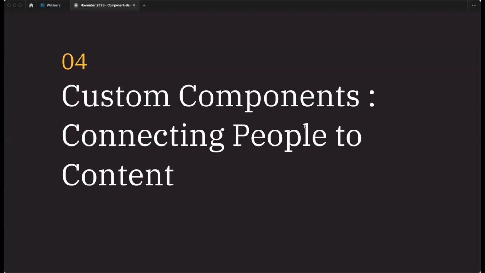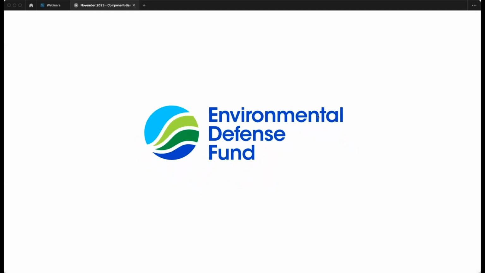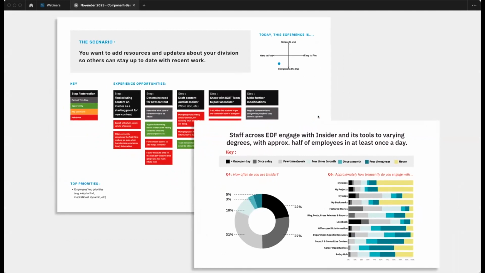So our next section is based around how we use custom components to connect people to content and how we build that personifying or personable experience on the internet. So for this, we'll be looking at, again, in-process work that's Drupal-based and is focused on the Environmental Defense Fund's employee intranet. So for this process, given the type of engagement, the type of uses on the site, and the